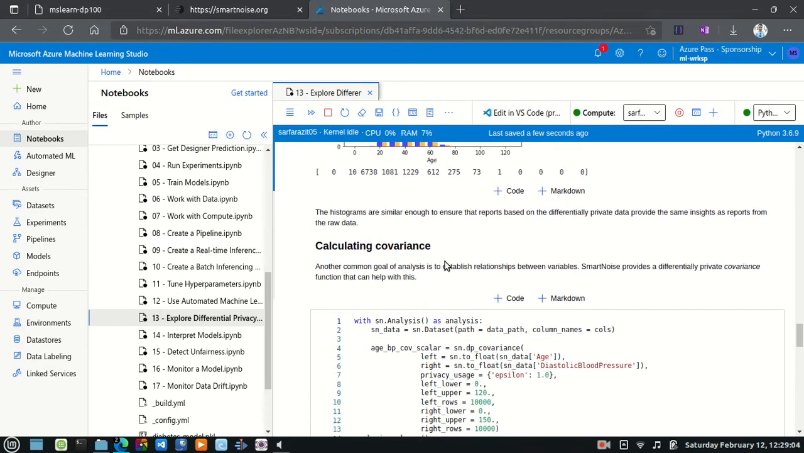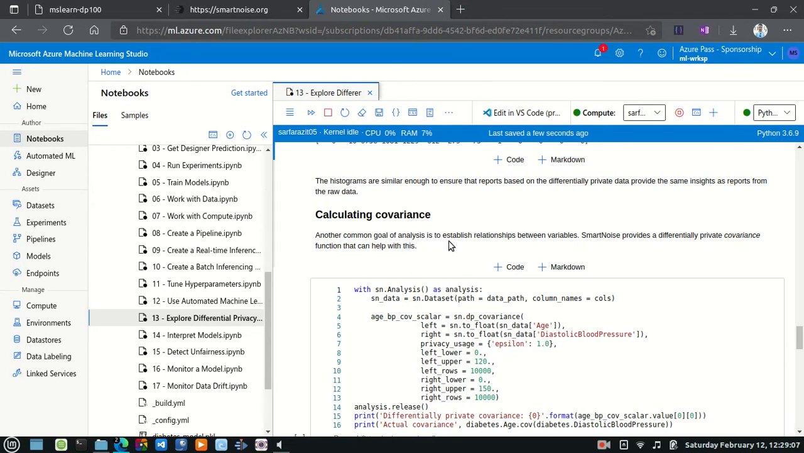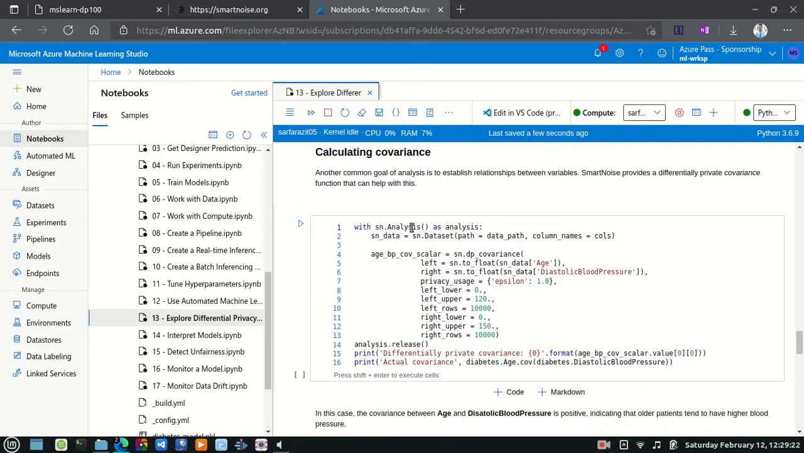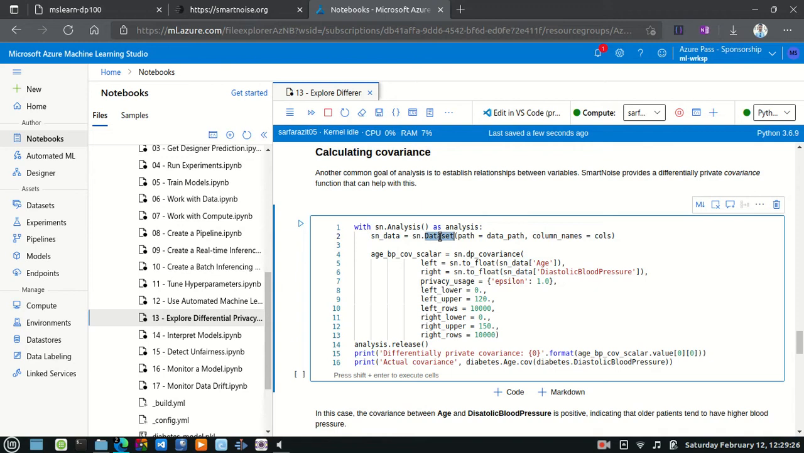Now calculating covariance. Another common goal of analysis is to establish the relationship between variables. SmartNoise provides a differentially private covariance function that can help with this. SmartNoise analysis, the SmartNoise data set is from the same columns that we had for diabetes. Data path. Age, BP, COV scalar. I don't know what this variable is, but here, from BP covariance, it's taking that function which is part of SmartNoise, and where we are putting left, right, age,